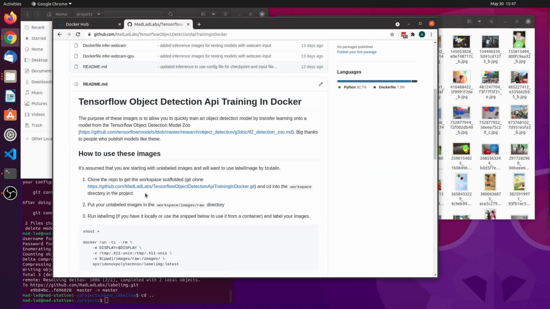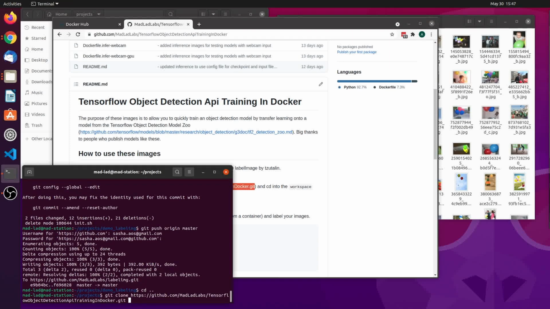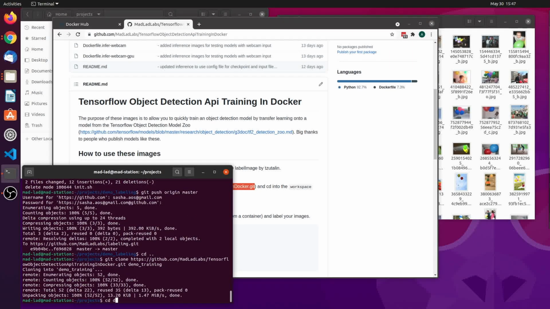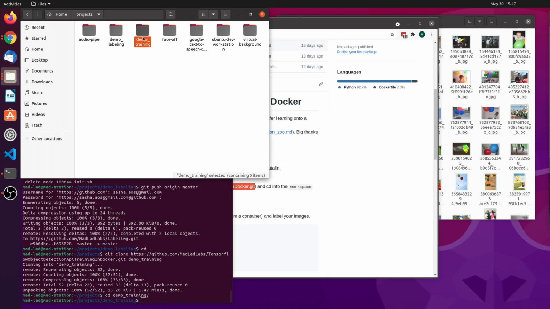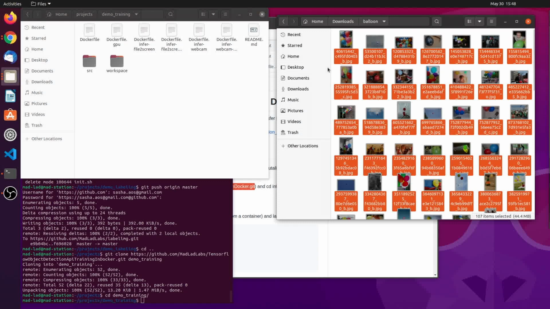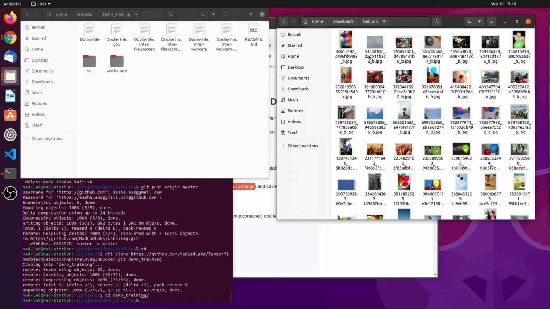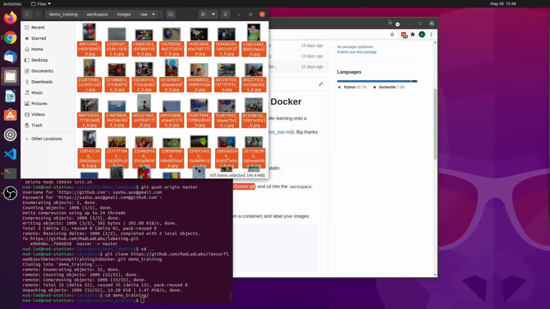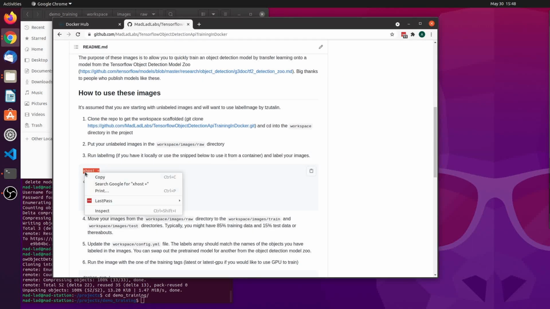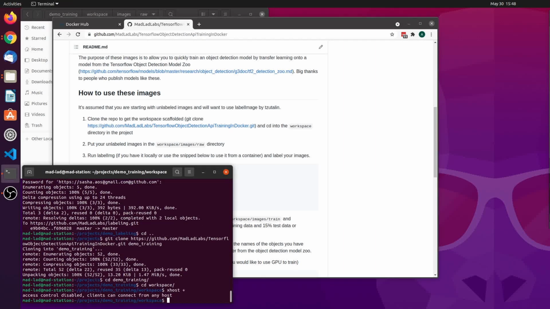Alright, with that out of the way, let's get started on training our model, and today it just so happens we want to be able to detect balloons. To start, we'll clone the repo with the template workspace and then navigate into the workspace directory. Then we'll copy our unlabeled images into the workspace/images/raw directory. We can then run a Docker container with an instance of the labelImg app in it to label